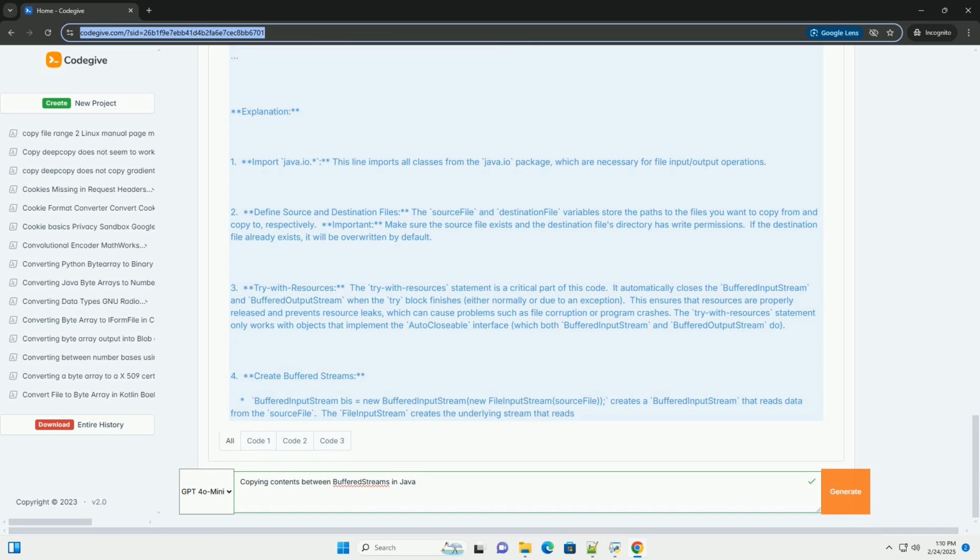5. Complete example with error handling and progress monitoring. This example combines best practices for copying data between buffered streams, including error handling, progress monitoring, and resource management. Key improvements: